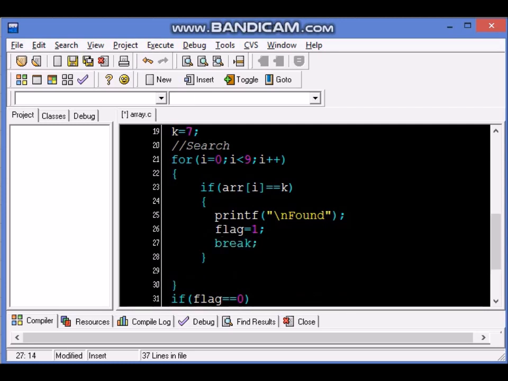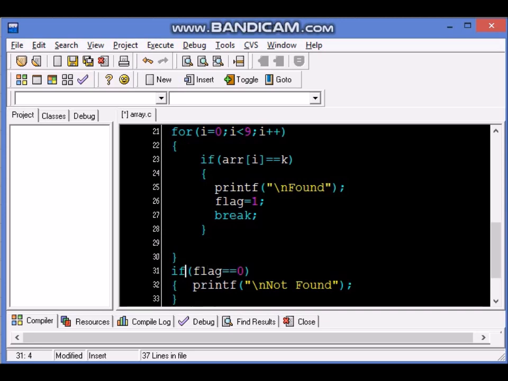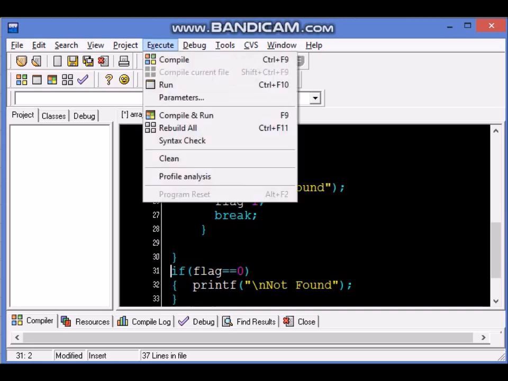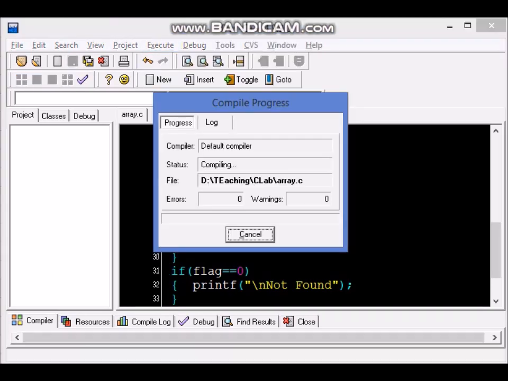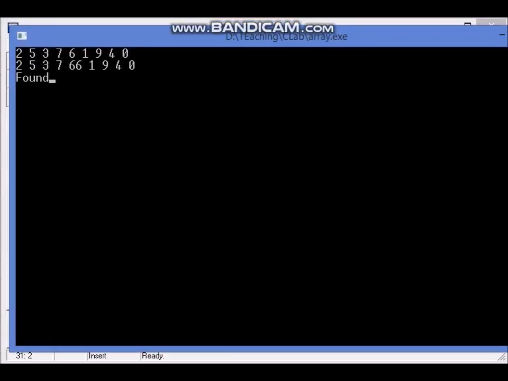When we write break, after finding it, it will come out of this loop and jump to line number 31. So break will take the code from 27 and jump to line 31. We escape the loop as soon as we find the number. It saves us time. Output is not going to change, we will not realize that it has jumped out, but our program is a bit more efficient.